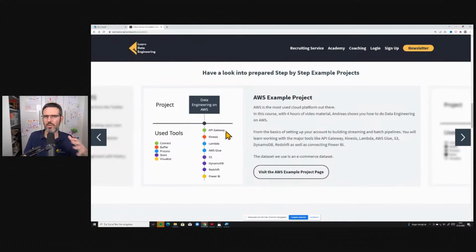The idea is you start with some kind of a connect or ingestion, create an API where the data can come in, then feed that into a message queue, and from there you process it. And you process it, feed it into a database, and in this case I use DynamoDB, and then visualize it, and or put it out again or query it again through an API. That's one thing that you should look into.